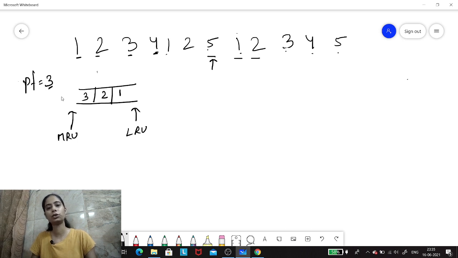So now we need to remove the element, right? What we can do is easily access the least recent one from the ending side, from the back side. So we'll remove this from here and we'll insert 4 here. I hope this is clear, because now 4 is the most recently accessed one, so we'll push it in the front and we'll remove an element from the back, because the last element denotes the least recently accessed one, right?